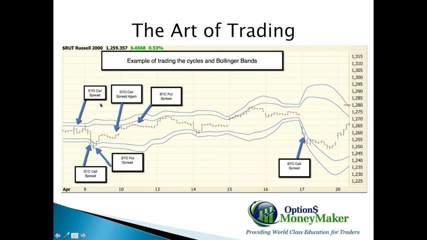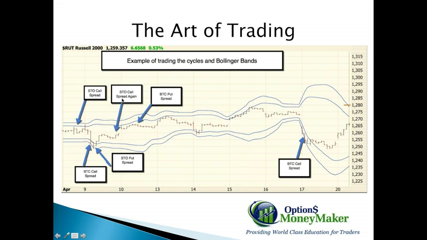So here's a simple snapshot of the chart that shows how we placed this trade. Here we started by selling to open the call spread, right here. We were trading right near the upper Bollinger Bands. The next day, the price dipped below the 2 standard deviation Bollinger Band. We interpret that as a pattern that says there's a high likelihood you're going to see the price snap back up off of that Bollinger Band. In fact, we refer to this as a Bollinger Band snap. So we closed the call spread and took our profit and opened the put spread.